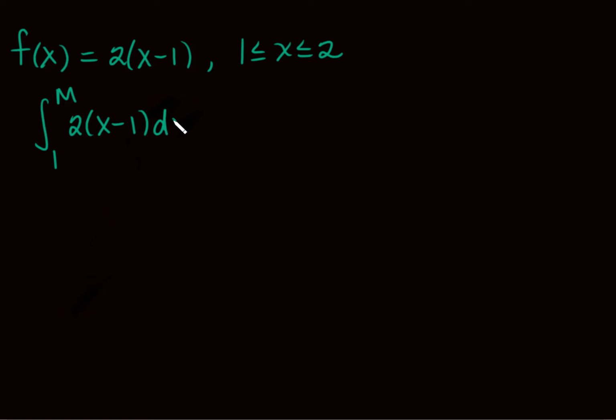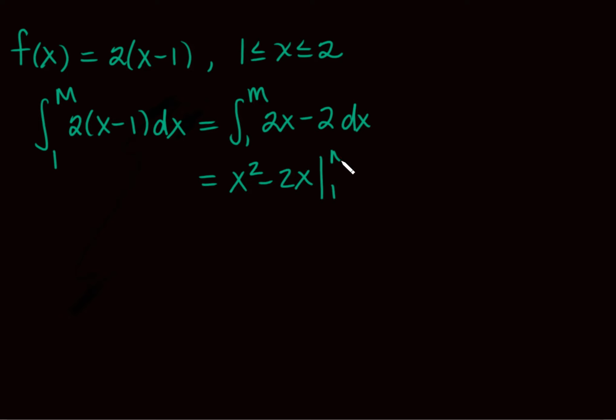So remember, I want to find an m so that when I take this definite integral, it equals 1/2. So let's go ahead and just take the antiderivative. I'm just going to put the 2 through. I think it'll be a little easier. I could use substitution and take the antiderivative, but I think this will be a little easier. So I get x squared minus 2x evaluated from 1 to m. And let's plug in the m, and let's see if I can actually answer the question that you guys had originally,